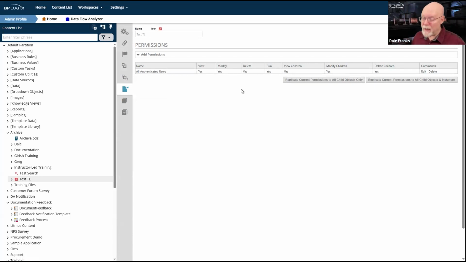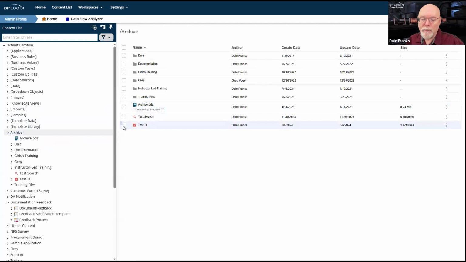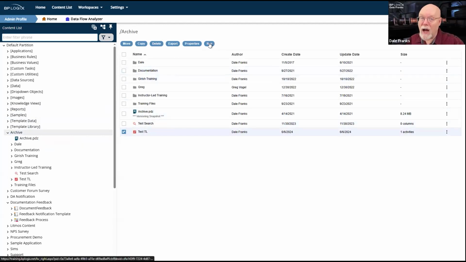When you copy, you're actually creating a new version, or literally a copy, of an existing object. And because you're creating the object inside whatever you say your copy location is, as the object gets created, it is going to inherit whatever the permissions are for its parent object. In this case, it's a timeline, so its parent object will be a folder, in this case, the archive folder. So it will inherit the permissions that are set on the archive folder. Moving, however, does not, because all we're doing is changing the location of your parent.